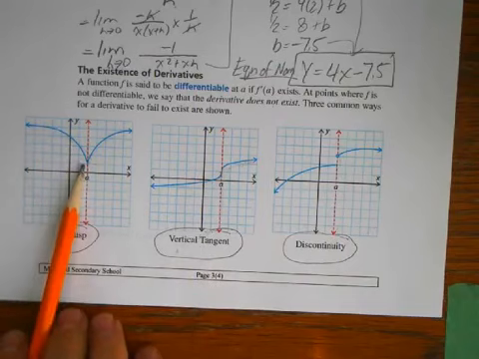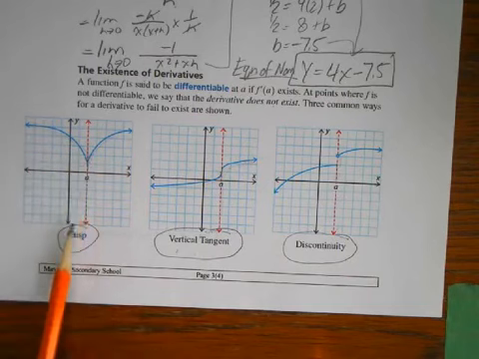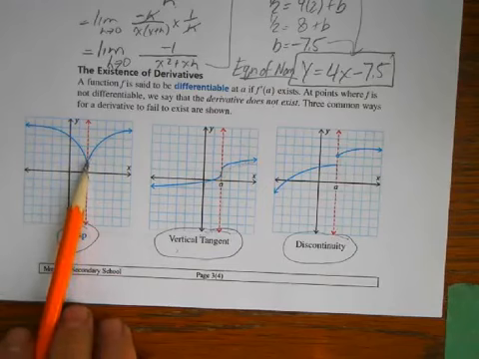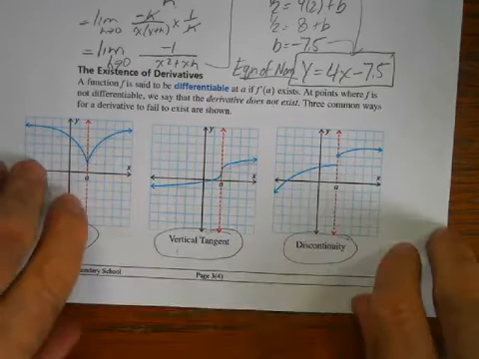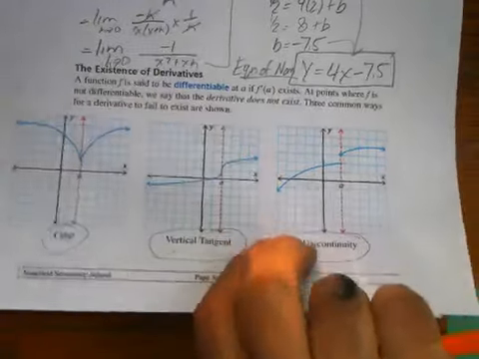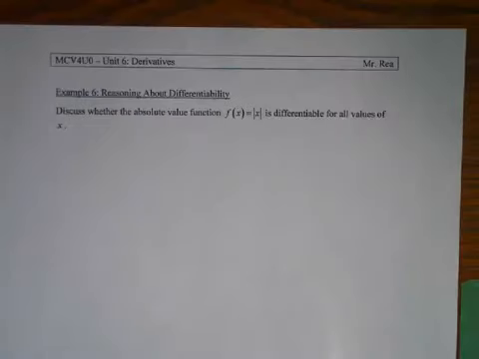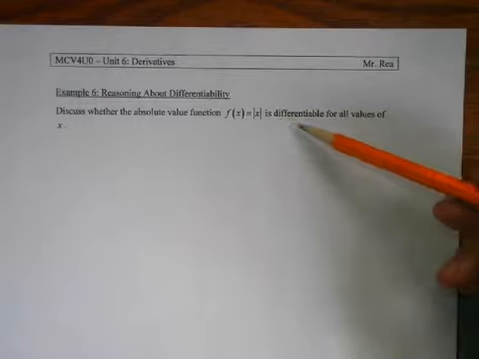So the limit exists at point A, it's continuous at point A, but because it's a cusp, the derivative doesn't exist. Okay. Let's look at an example where you might see why that's true for that first situation. So last example, is the absolute value function f of x equals the absolute value of x differentiable for all values of x? So if we do a quick little sketch of that, absolute value function,